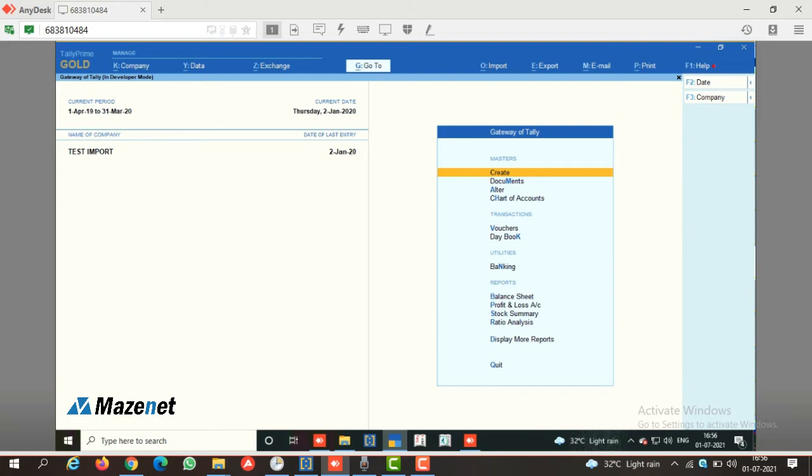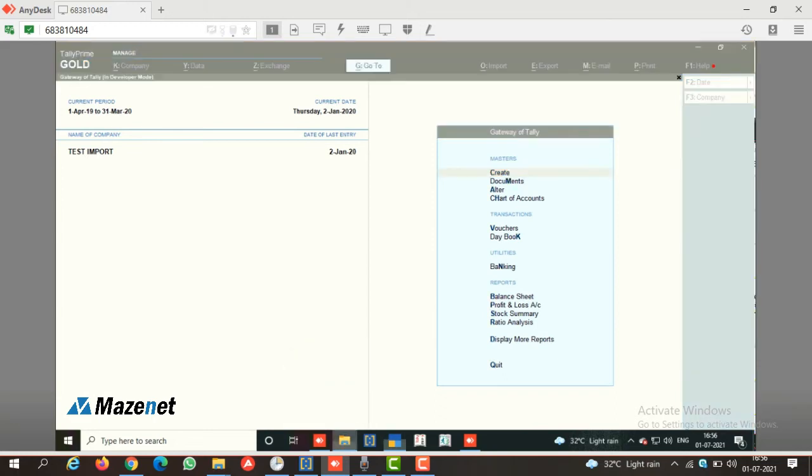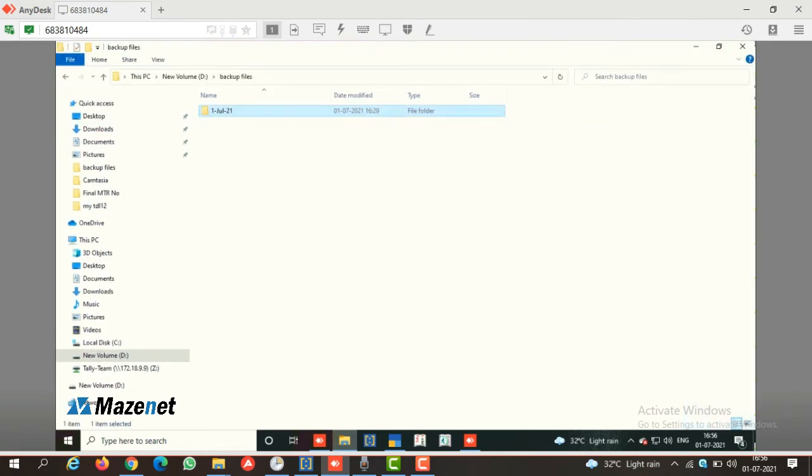So now we can check into folders. Go to folders and select the path.